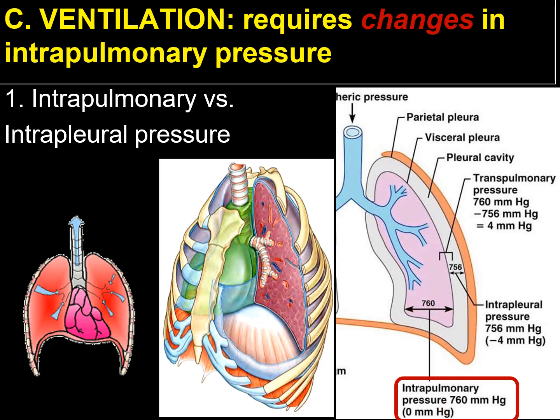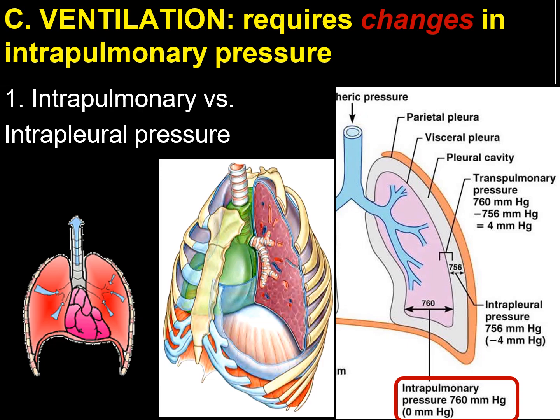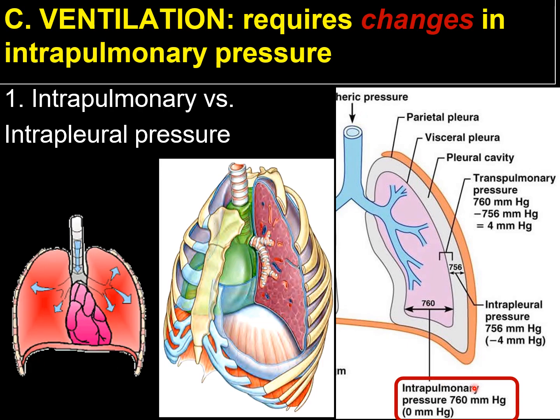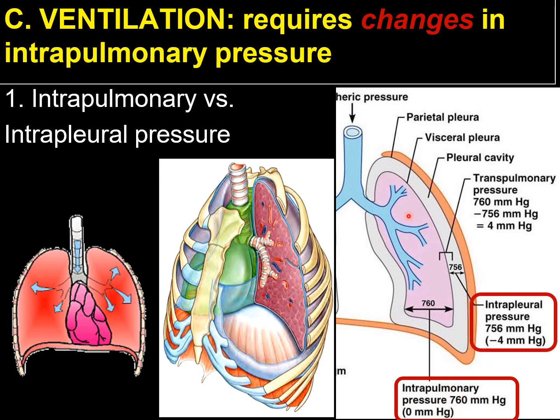That's our typical atmospheric pressure, right? It's going to be the same or very, very close to the atmospheric pressure. All right, so we call that intrapulmonary pressure. Now I want you to look at the intrapleural pressure. So if we're at 760 inside the lungs,